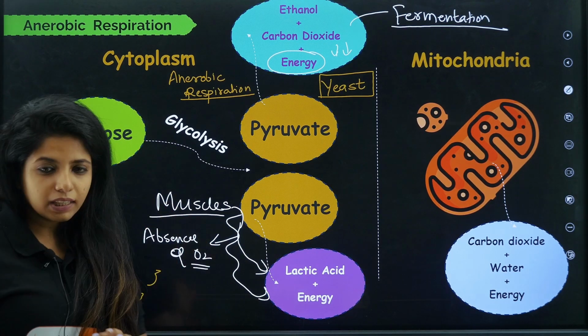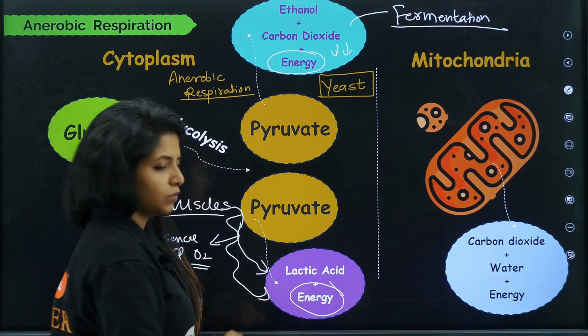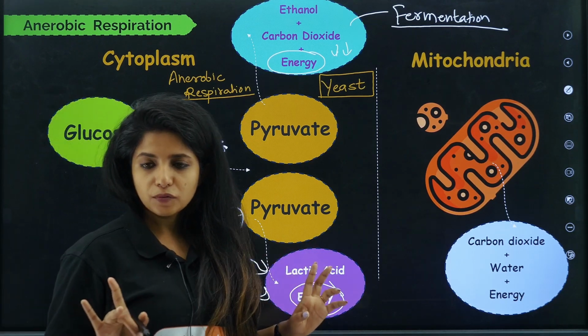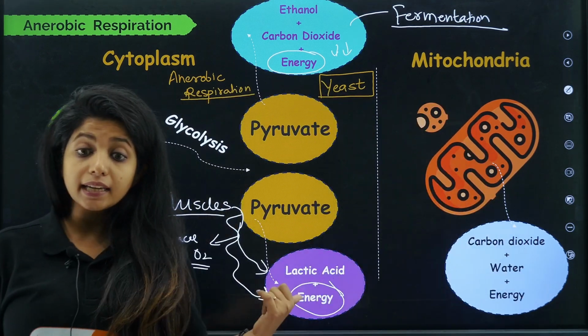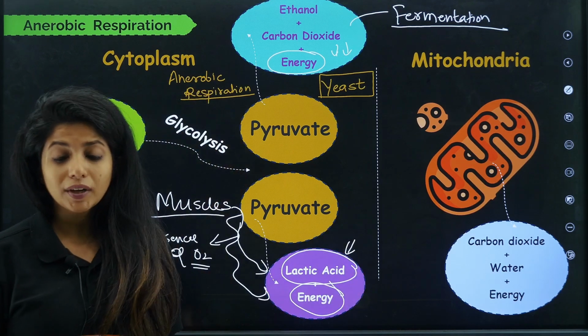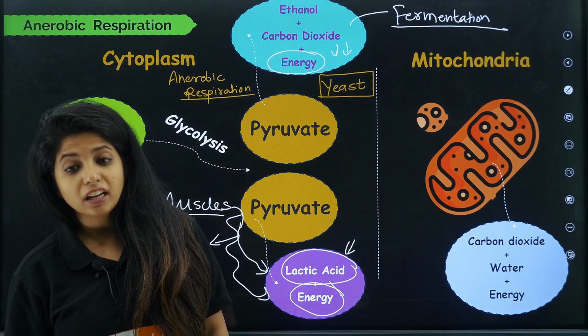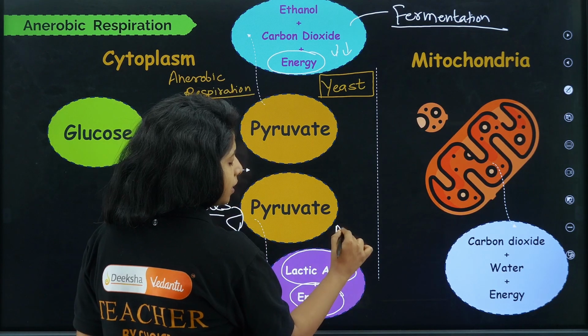So in the initial time, I would be able to survive really nicely because I had the energy. So it's all cool for me. When does the problem arise? When this lactic acid starts to get accumulated. When this lactic acid starts to get accumulated, what happens, children? I'll be getting muscle cramps.